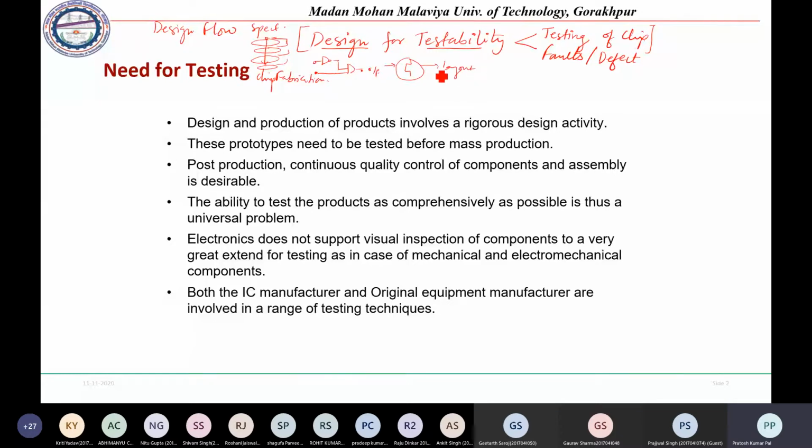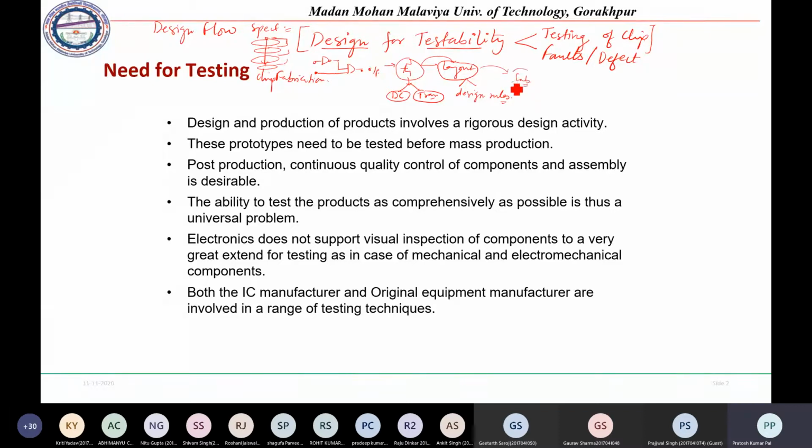Okay, so once we have designed the transistor circuit, we will go for simulation, and we will simulate it for DC analysis and transient analysis. This analysis is nothing but the testing of the circuit we have implemented. Once it is working correctly with respect to our specification, we will go for layout design. In the layout design also, we always check for design rules. These design rules are nothing but the testing of the layout we are going to design. So after the layout has been perfectly designed, we will go for chip fabrication.